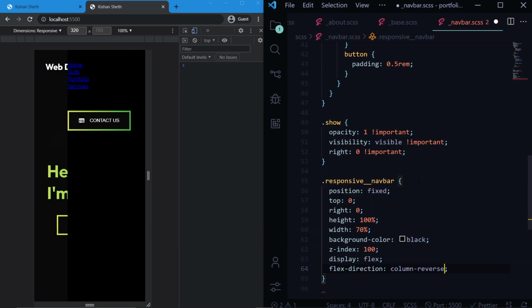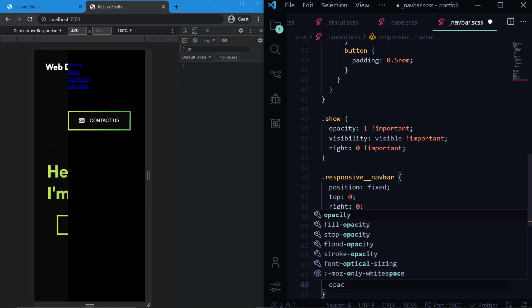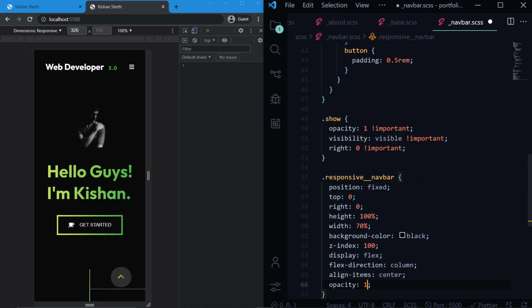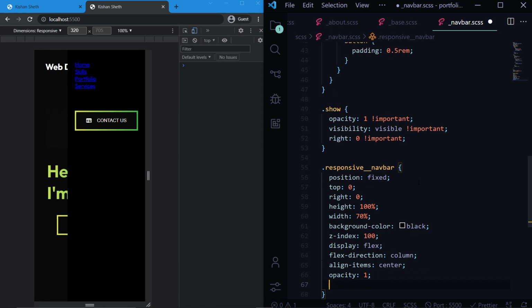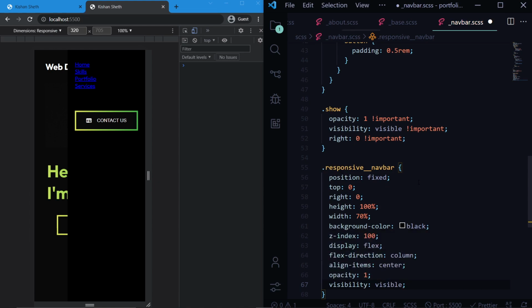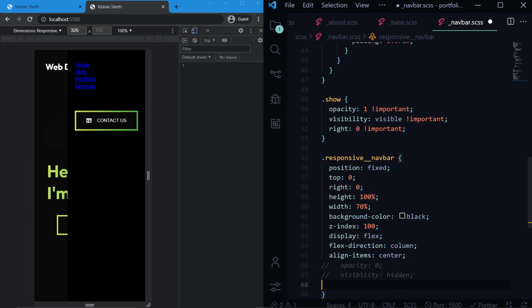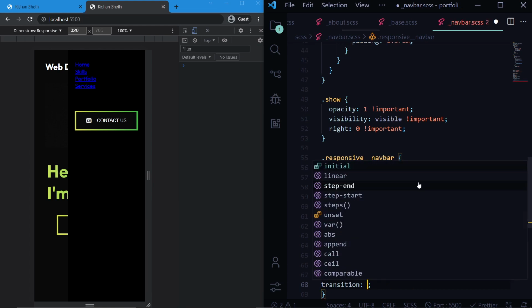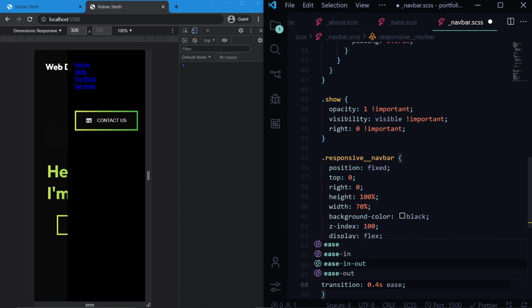flex, flex direction of column, we'll give it align items of center, opacity of 0, we'll initially give it a first one, visibility of visible, let's make this hidden, and this 0, comment this for now. Then we have a transition of 0.4 seconds, ease in and out,